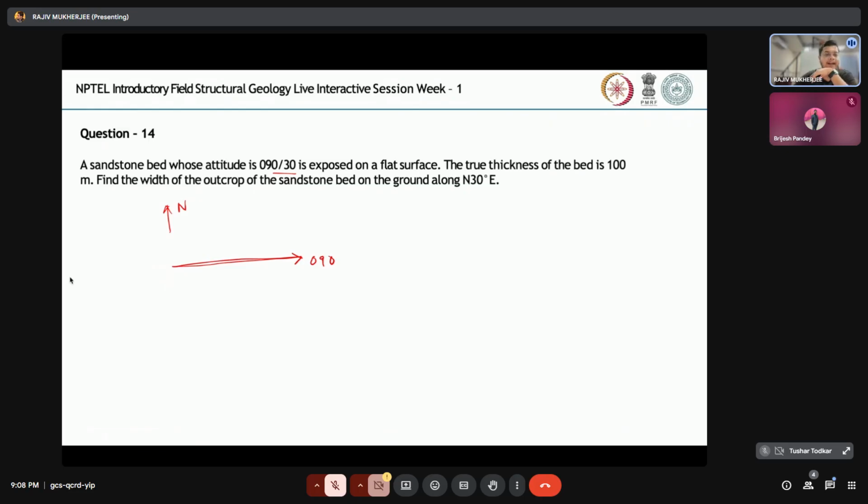Can you tell about the right-hand rule? Okay, anyway,